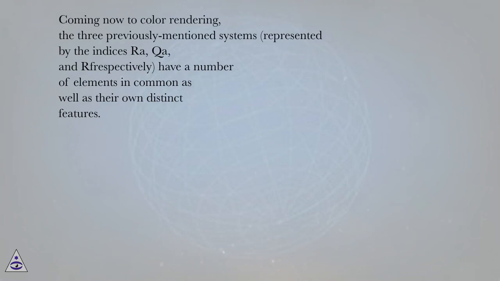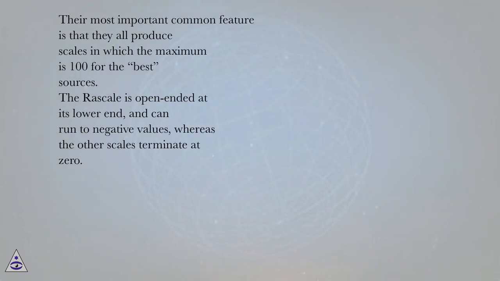Coming now to color rendering, the three previously mentioned systems, represented by the indices Ra, Qa, and Rf respectively, have a number of elements in common as well as their own distinct features. Their most important common feature is that they all produce scales in which the maximum is 100 for the best sources. The Ra scale is open-ended at its lower end, and can run to negative values, whereas the other scales